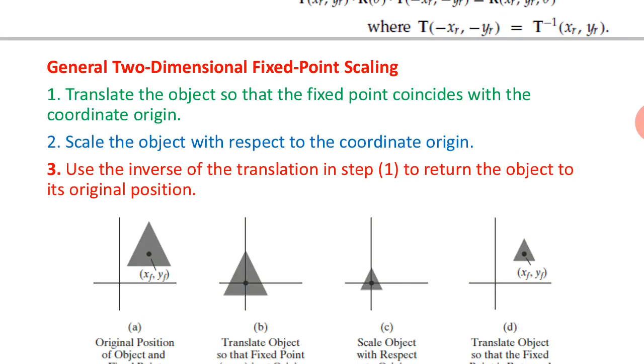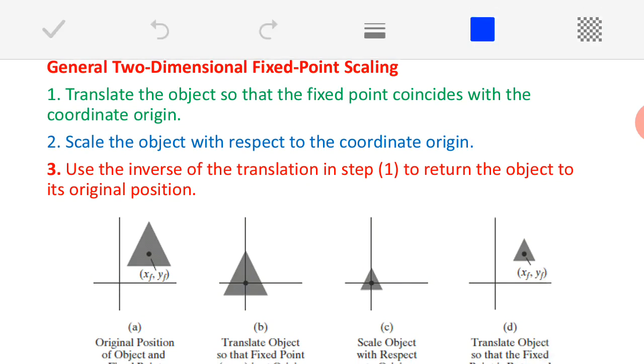The same steps will be applicable for scaling. Okay. So, once again, whenever you want to perform scaling about a fixed point, meaning other than the origin, always do remember scaling is also always done with respect to what? Origin, this is default. But when I want to perform the scaling other than origin, meaning any fixed point, same 3 steps I am going to perform. First one, what is that? Translate the object so that the fixed point will coincide with what?